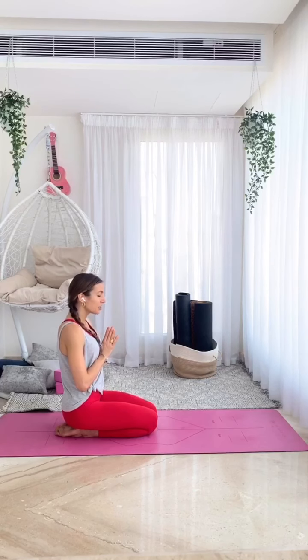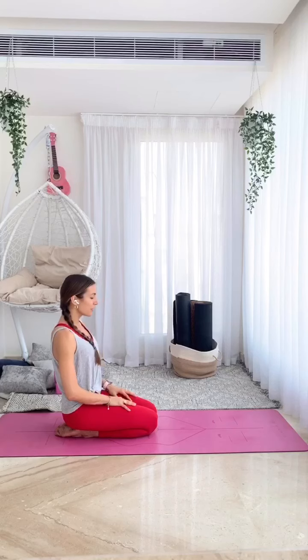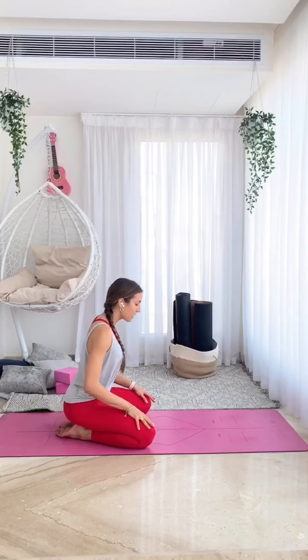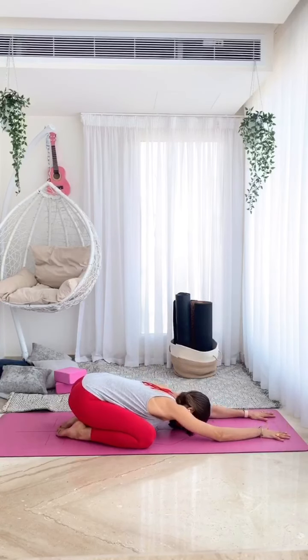And once you've set your intention, let's all gently release the hands. You have the option to keep the eyes closed or bring the eyes open. And I ask you to widen your knees, width of your mat. Start walking your hands forward and melt into your first Yin posture for today, into your child's pose, with your knees wide, with your hips melting back, with your arms extended forward, feeling the heart melting towards the ground,